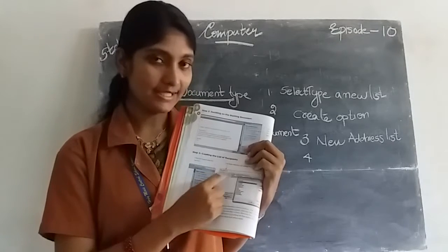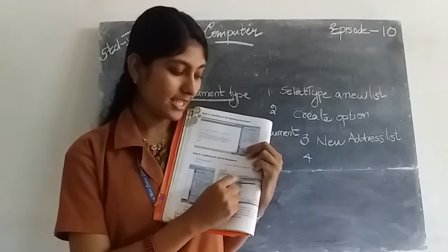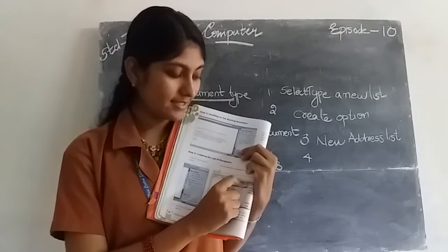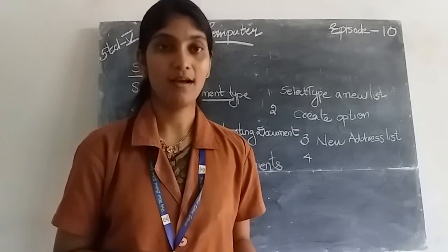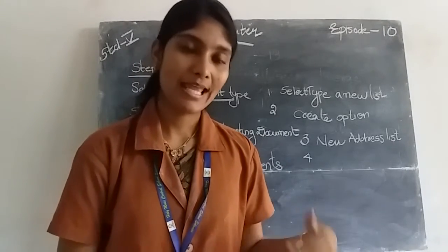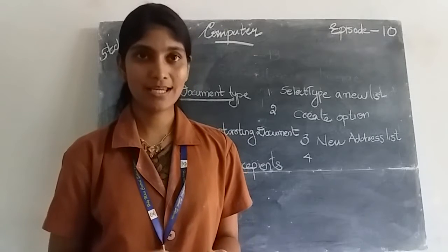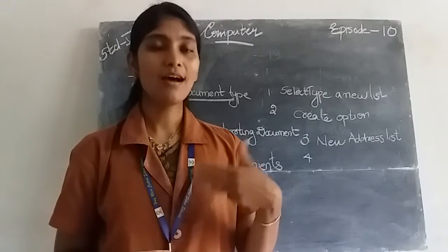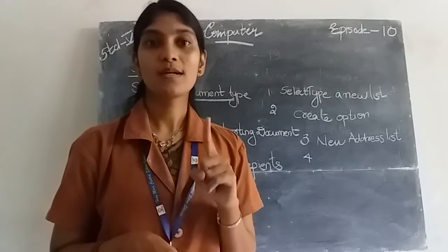It contains title, first name, last name, company name, address line 1, address line 2, etc. So if you want to add any other fields like city, town, village, etc., you can go to